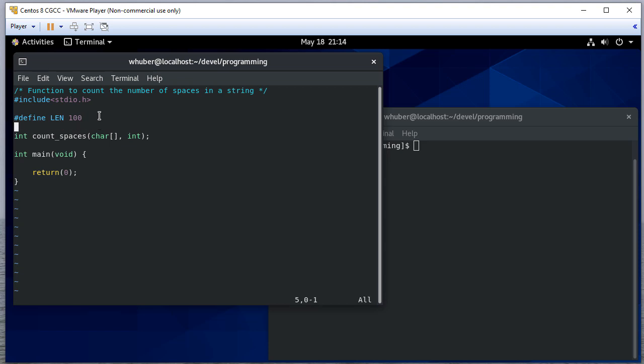We'll use this when we declare the string and so forth, but we don't want to necessarily use the symbolic constant in our function because we want our function to work with any string. So here we'll declare our string, and let's go ahead and define our function. So this is going to count the number of spaces,